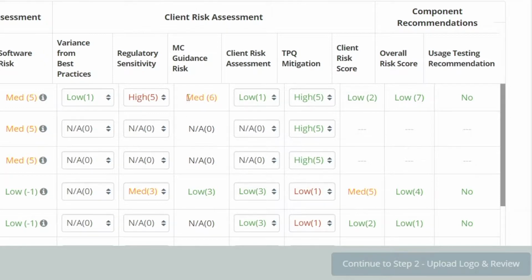The MasterControl guidance risk is just a guidance on what we think the client risk assessment might be, and so it helps give an approach of what you might consider for your client risk assessment. The client risk assessment is a gut feeling, subjective, how risky do you think this is, just based on your experience, whether it's with other vendors, whether it's with MasterControl during an upgrade, whether it's